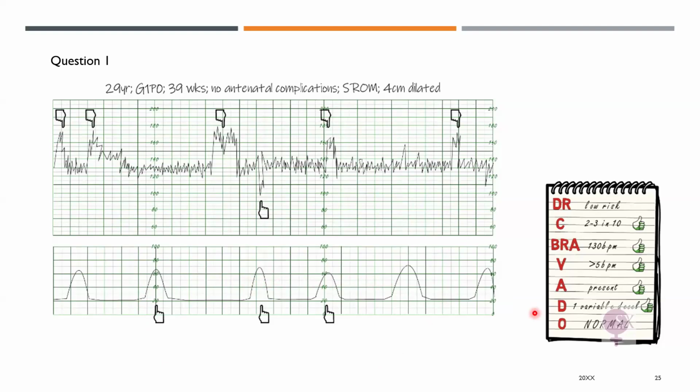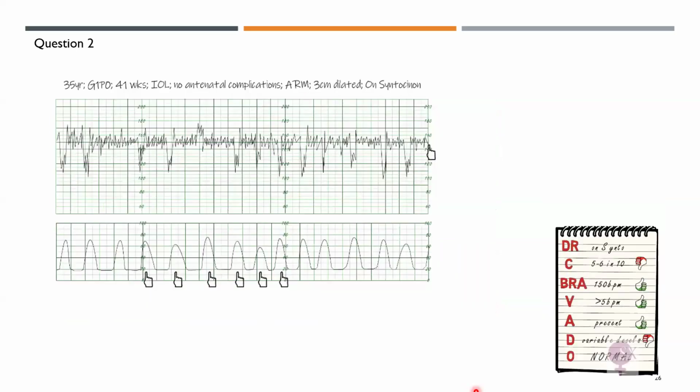Next, we go to the baseline heart rate. If we draw an imaginary line, ignoring the accelerations and decelerations, we can see that the approximate average fetal baseline heart rate is 130 beats per minute, which is good, falling within 110 and 160. Is there variability? We can clearly see there's variability throughout the graph of more than 25 in most places. So there is marked variability. Are there any accelerations? Yes, we have multiple accelerations. Are there decelerations? We do have 1 deceleration over here, and it's variable. We don't see any consistency over here. All the indicators are good, so we can say that this is a category 1 patient.